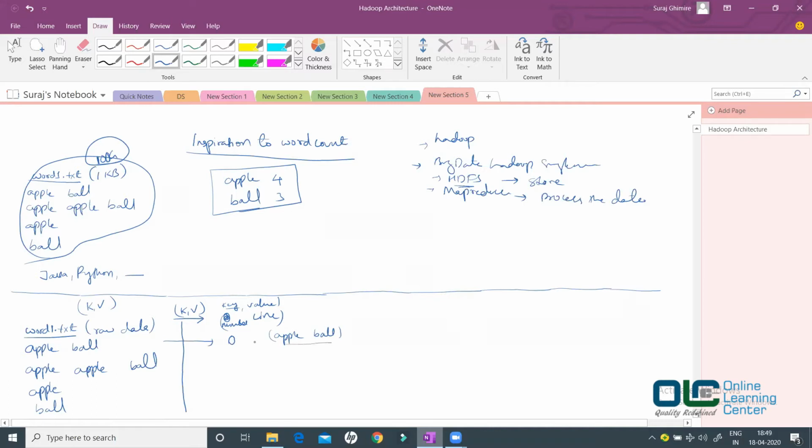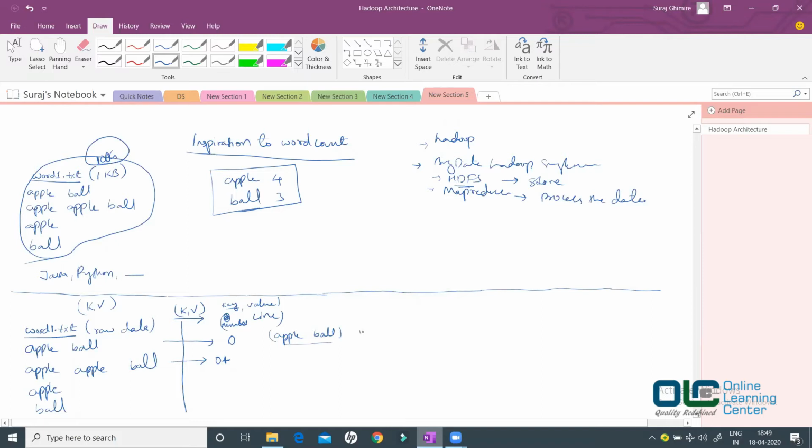This would be the value. Okay, now second line, key would be the previous value, which was 0, plus how many characters you have in the previous line. So 1 2 3 4 5 6, one space is there, 6 7 8 9 10, maybe one slash n is also there.